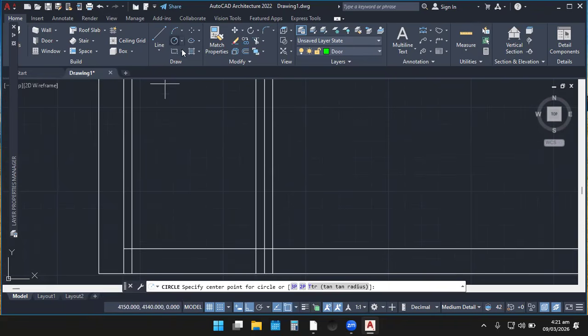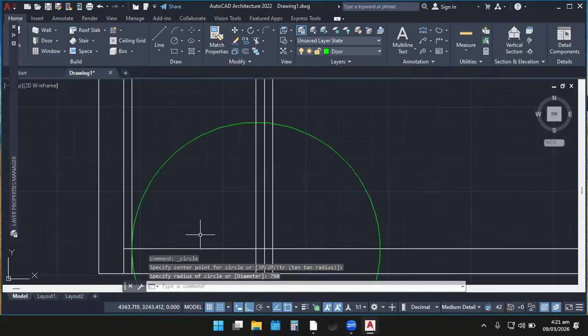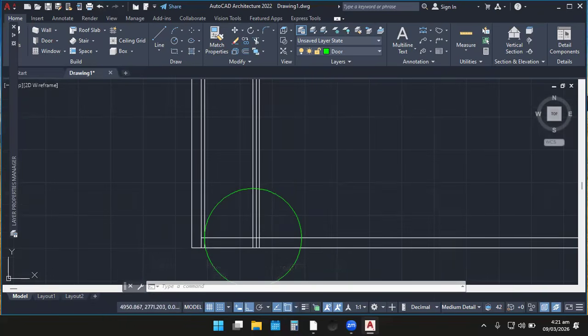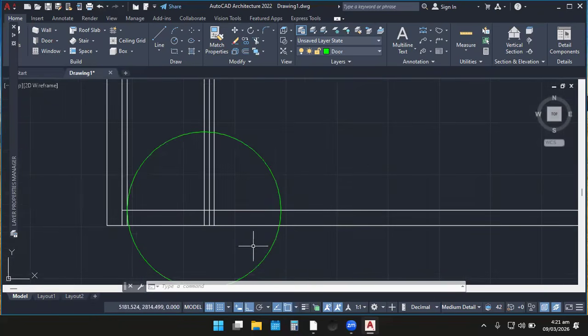I pick a circle again. When I click this point of intersection, I just move the mouse pointer left, then I can just enter. I can press backspace to remove the 340 inside there. You see, then I'm going to enter 750. Enter to get it exactly. So you can be dynamic to be much more creative.